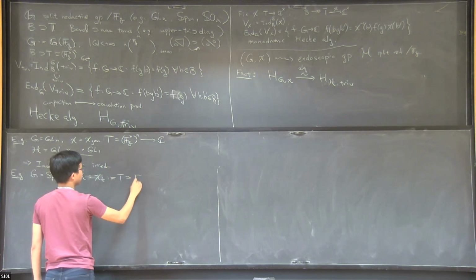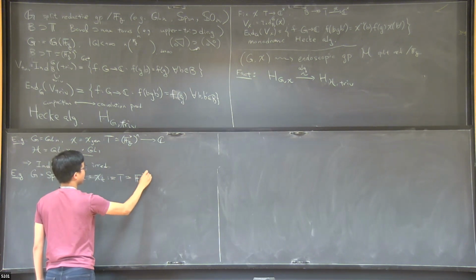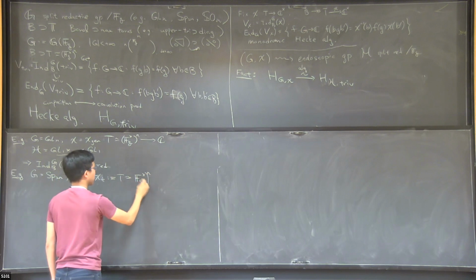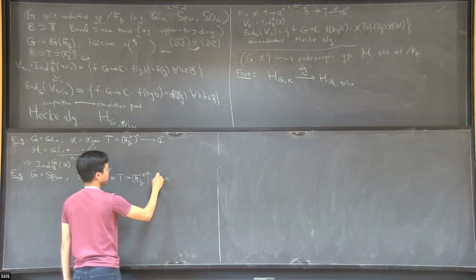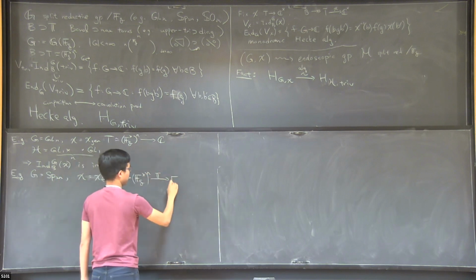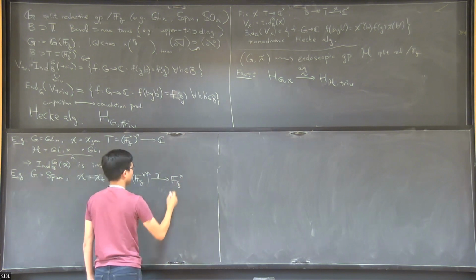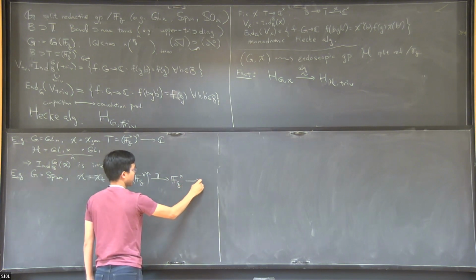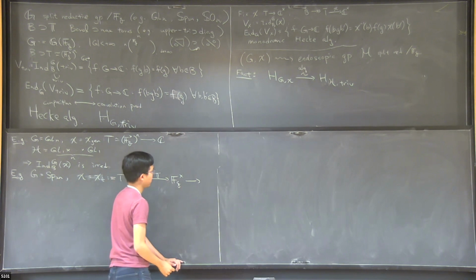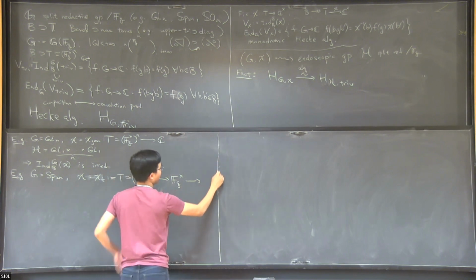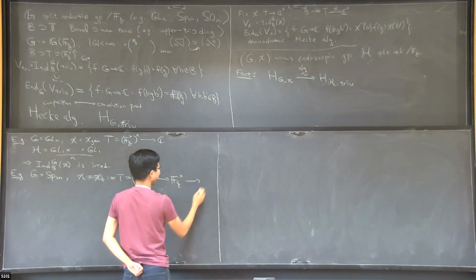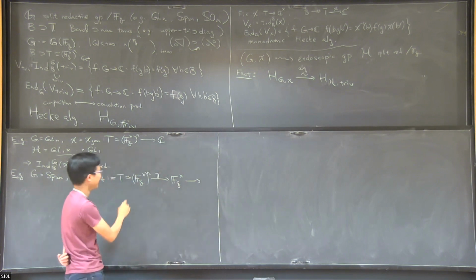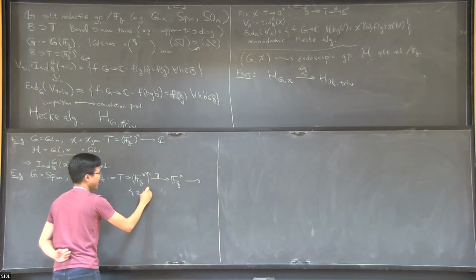First, I identify the torus in the standard way. Now I take a product. And if q is not even, i.e. it is an odd integer,